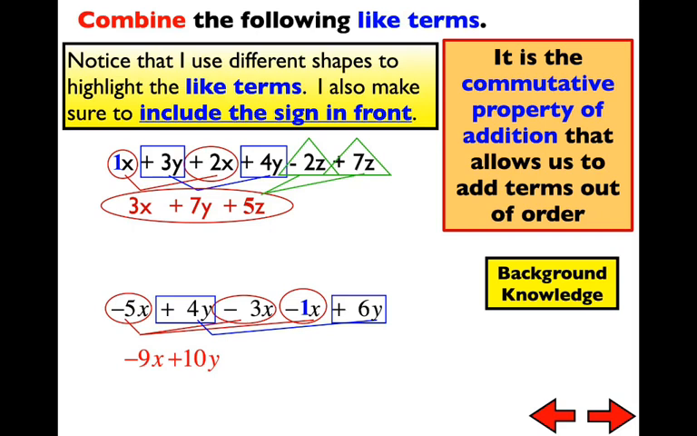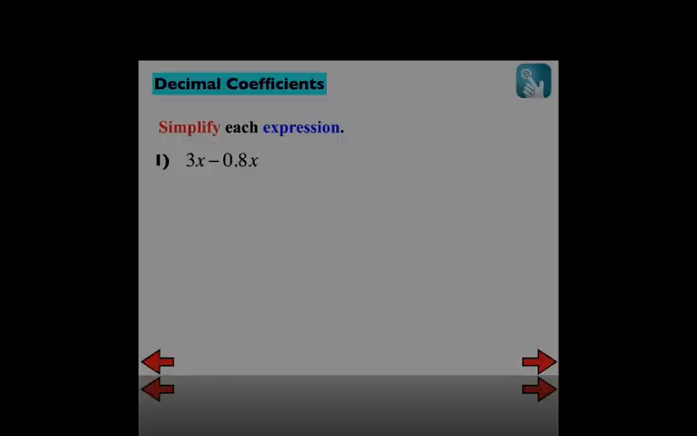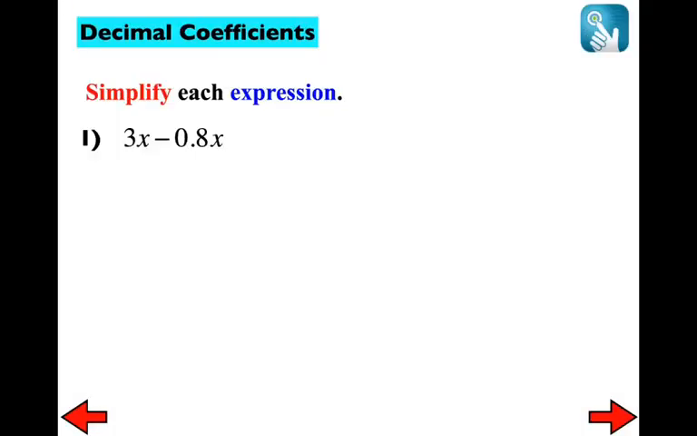And when we're writing answers to expression problems, we typically like to write them with the variables in alphabetical order. And notice that I did do that in both of those problems. All right. So it doesn't matter whether the coefficients are integers or if they're decimals or if they're fractions, we still follow the same rules. So for example,